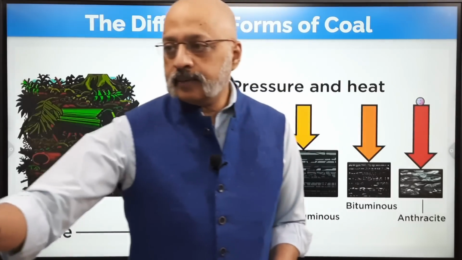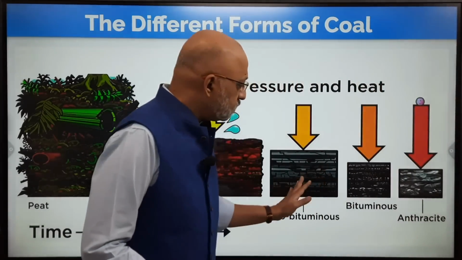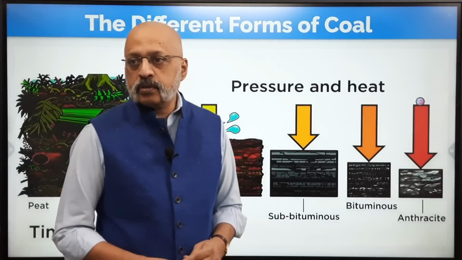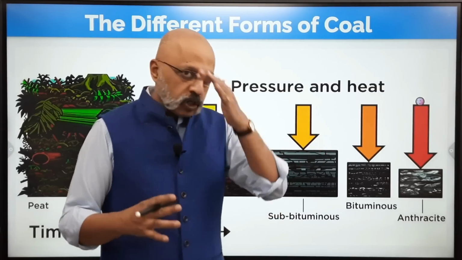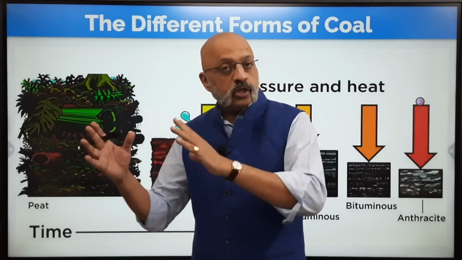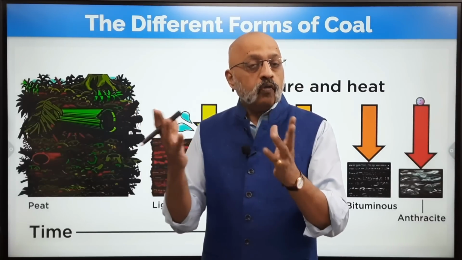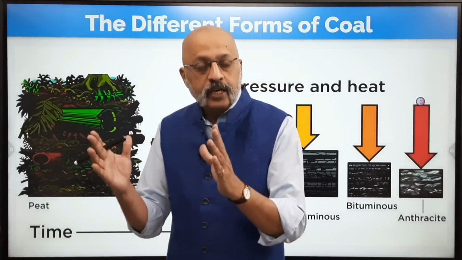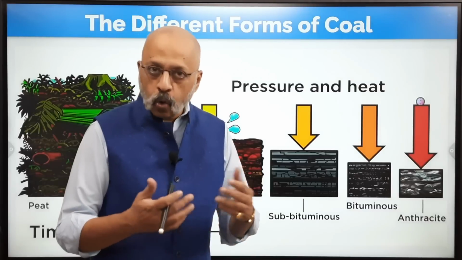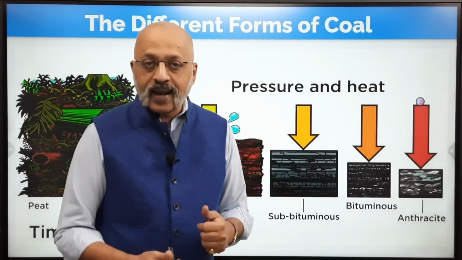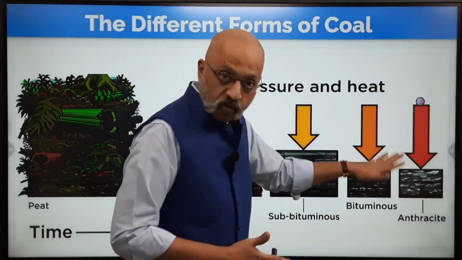Then we come to the bituminous coal. Bituminous is found mainly in the Gondwana coal fields of the Gondwana geological age, because we are talking about centuries. So there is a Gondwana period where coal was formed. So there are two different periods in which coal was formed in India. It is used for producing coke, as in cooking coal, gas, coal gas, steam coal, and therefore it is known as cooking coal, the bituminous variety of coal.